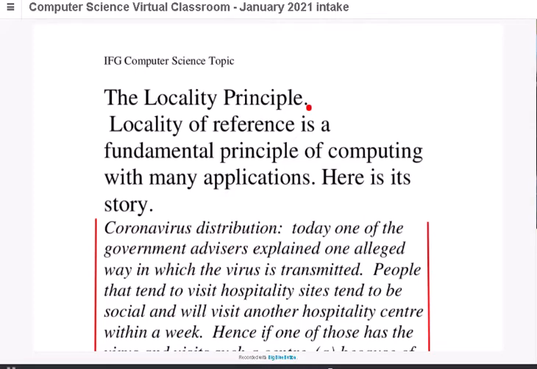Locality of reference is a fundamental principle of computing with lots of different applications, and I hope to be able to convince you of that by the end of this talk. So just consider the following situation: